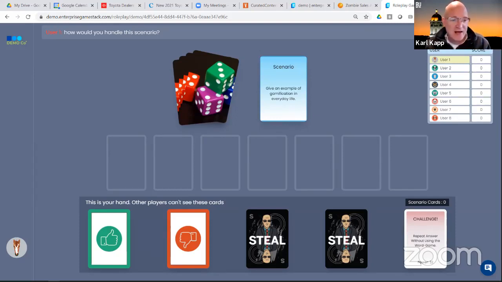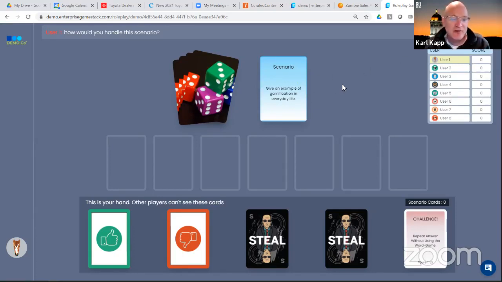you develop all the content as a student. So all of this is 100% customizable. You do the card back, you do the card front, you do the thumbs up, the thumbs down, the steal cards, the challenge. And the way this works, I'll just do a demo version of it, but you have a leaderboard of the students. And of course, we play games in the course. But first, what happens is a card is flipped and you have to explain it.